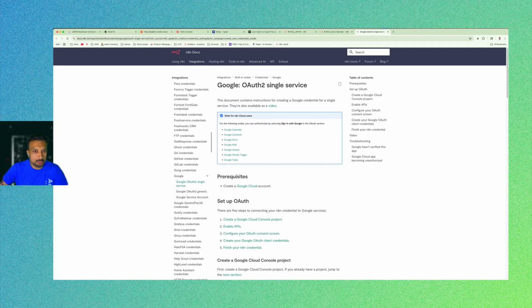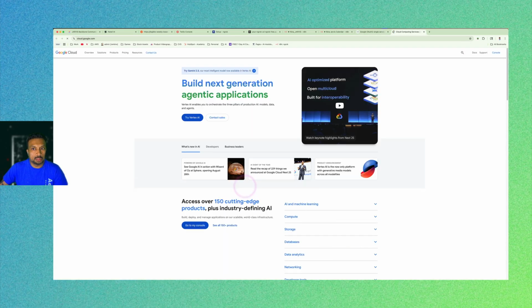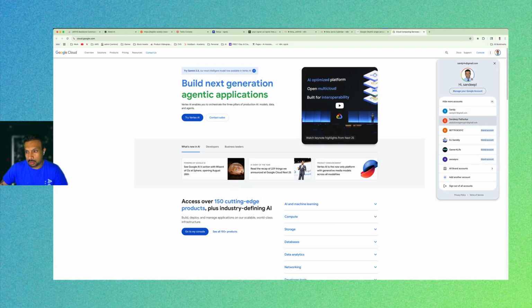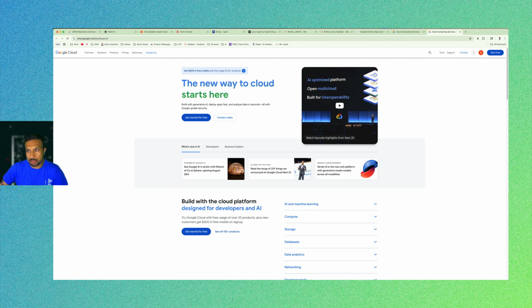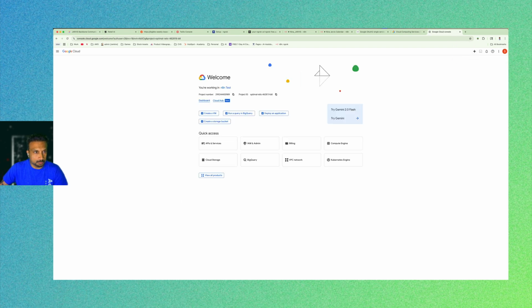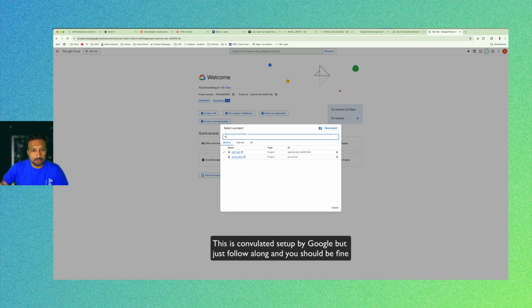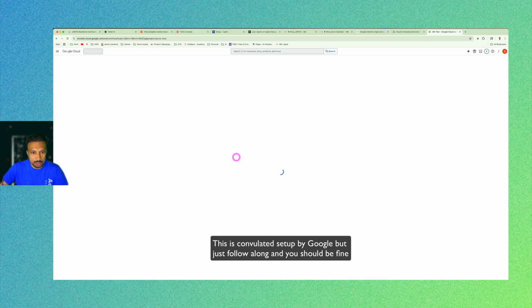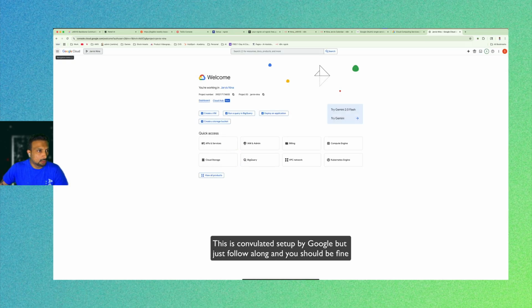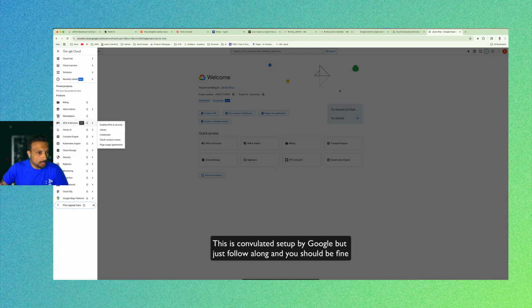Open Docs. Create a Google Cloud account. Select the Gmail account that you want. Go to console. Create a project over here. If you want to create one, we have one for Jarvis Nina. I'm going to select that. Then we are going to come to APIs